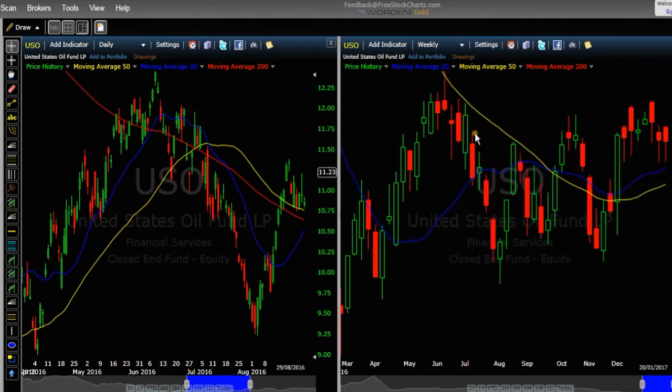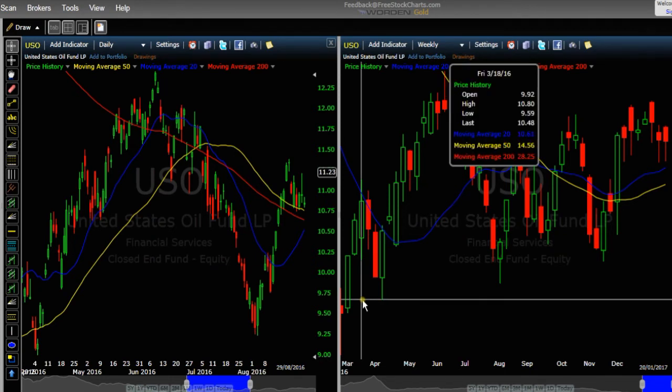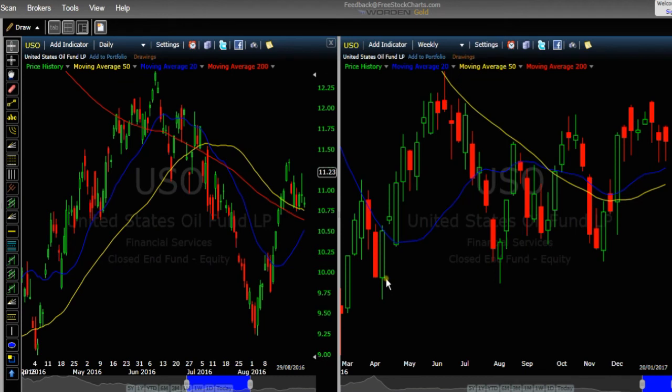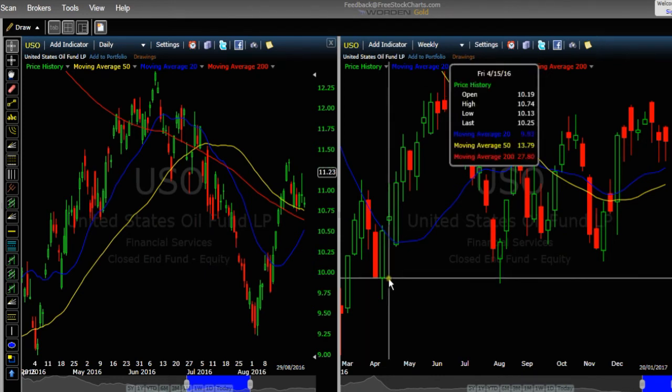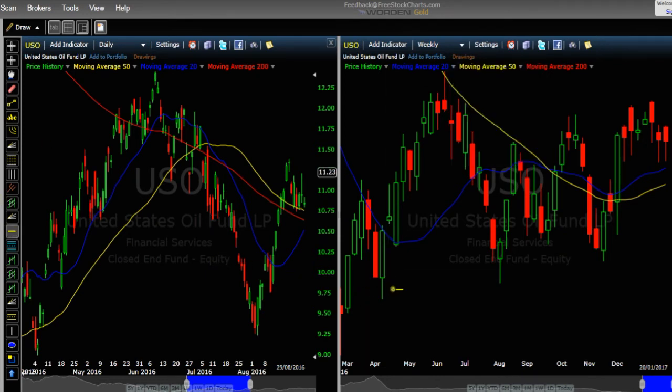But if you look closely here, we came down and made this low in August. Again, an amateur would have been waiting here at the double bottom low, or possibly here. However, where did it bounce? The USO bounced not at the low of the candle, but at the low of the body as seen on the weekly chart. So if I put a line in there,